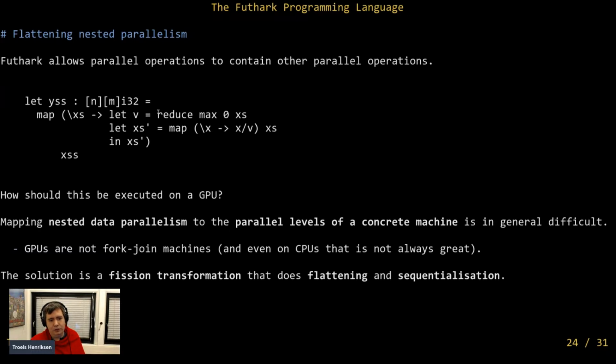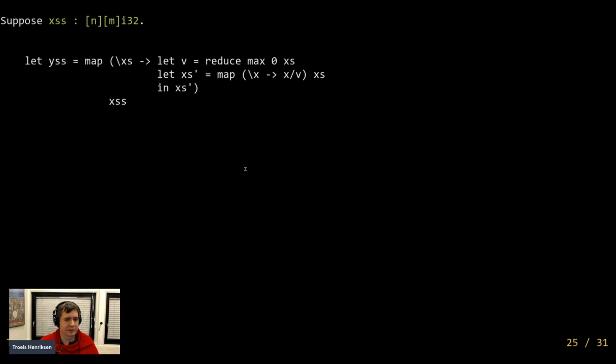You cannot just have threads that launch more kernels. Well, you can, but the performance implications are tricky, so we don't want to just always do that. So our solution is a transformation we call flattening or fission that cuts apart these complicated map nests until they fit simple patterns that the code generator is able to recognize. And then we can fall back on the efficient code generation. But it's all based on cutting apart these map nests into simpler map nests.